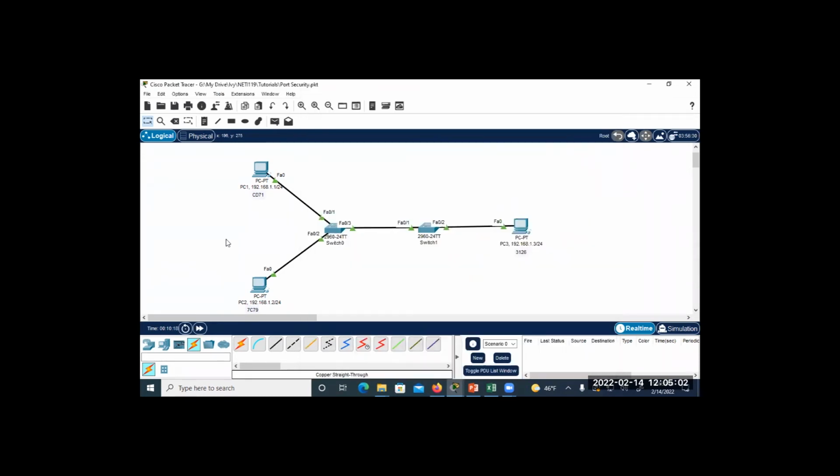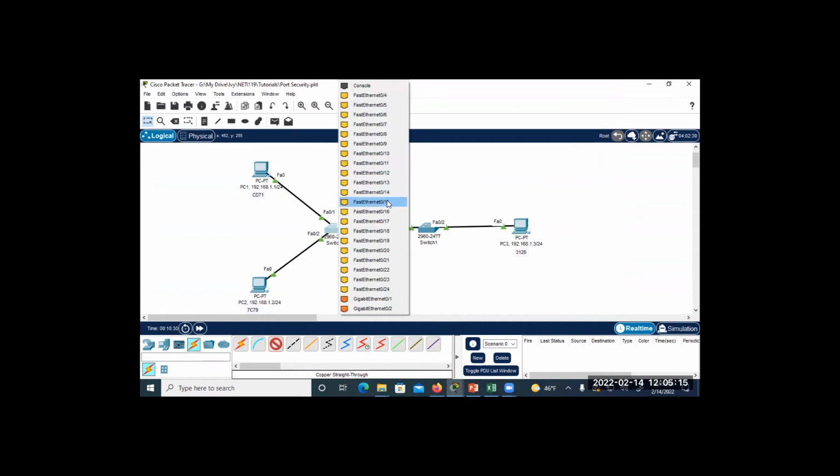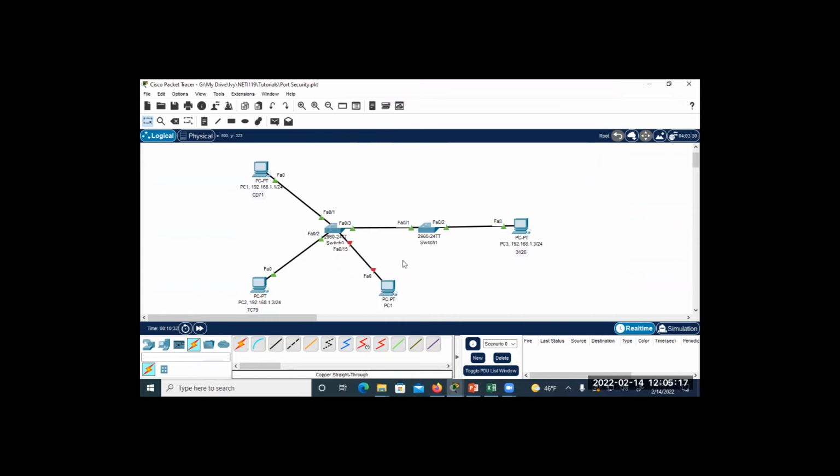Okay, so see, now I shut down every port from F0/4 to F0/24 here. So what happened? I connect the PC to whatever remaining port, so see, I connect to F0/15. I have no way to access the network here. So that is the first step of the switch